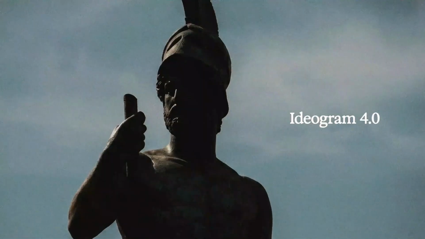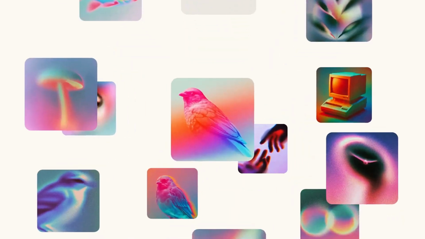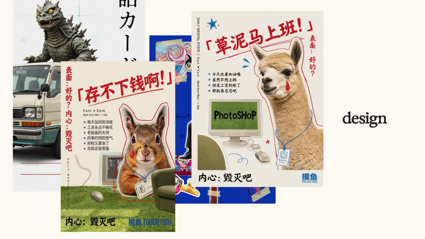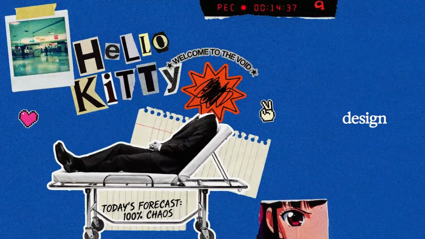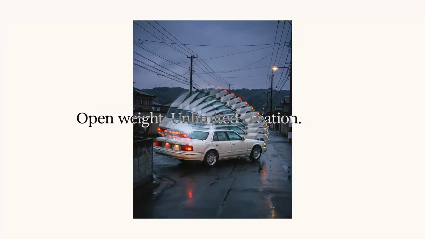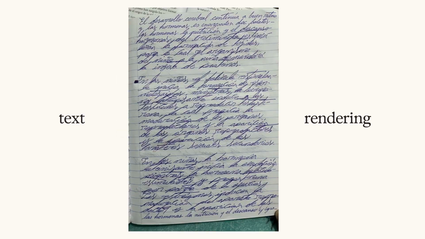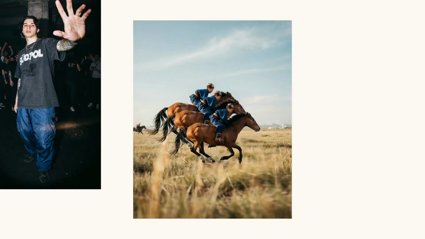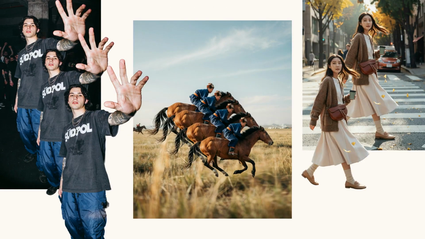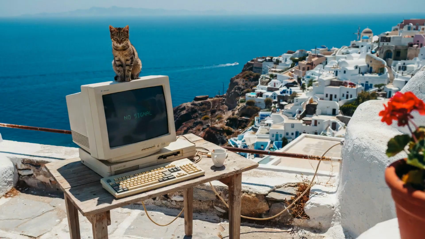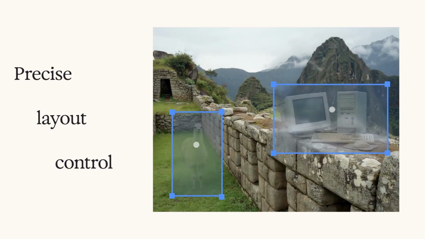Ideogram 4.0 just launched, and it is a complete game changer for open source image generation. This model has exceptional quality, incredible prompt adherence, and superior world understanding. What makes it different from other top models is how it works. Most people struggle with it at first, but once you understand the workflow, you discover it is incredibly powerful and vastly underrated. Let me break down everything Ideogram 4.0 can do, its standout features, how it compares to other models,